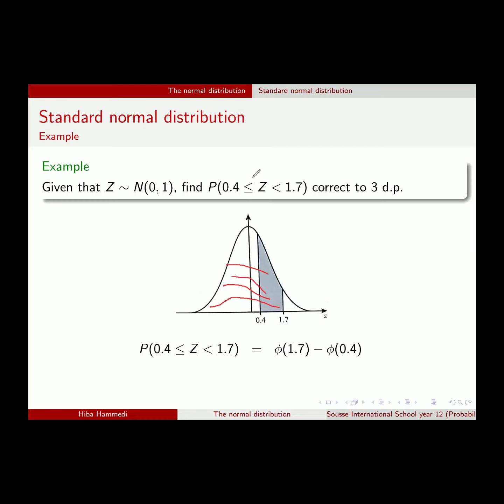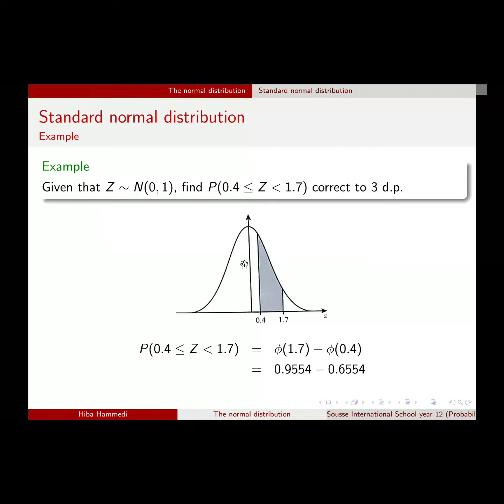Yeah. And the area for, let's take another color. The area for phi, or the area when the Z or big Z is less than 0.4, is only this area. So I need to subtract this area from the first area that I shaded with red. So if I do that,